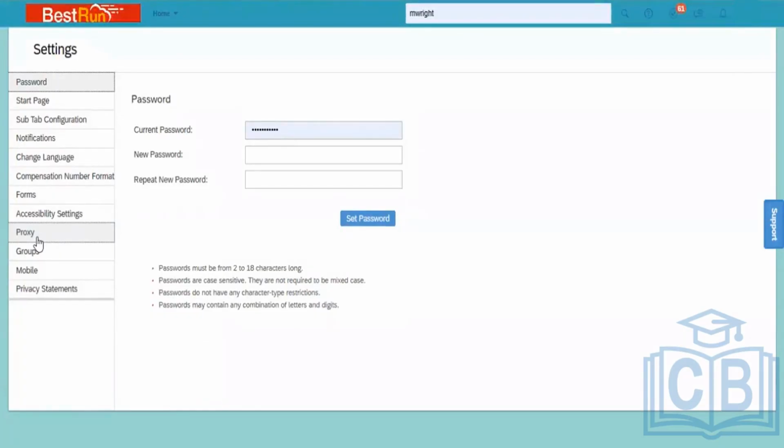This question can also come from the customer side. I want to enable it only for this particular department or only for this set of users. No. If you are enabling this by default, it will be applicable to all employees. If you are disabling it, it will be disabled for all employees. Now, when you are enabling it, you can see by clicking on proxy,